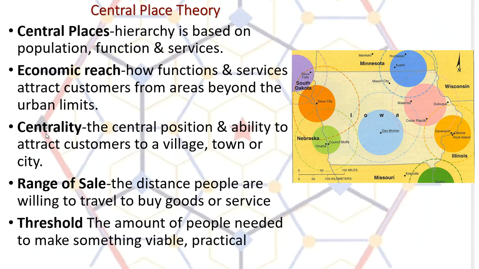And this is what Christaller was saying, basically. You're going to have these big areas that things are focused around. And you've got an area that they draw from. People that live, TV stations. The threshold for a TV station, you need a lot of population or it's going to be a bigger area. So in Omaha, we've got our four news stations, and we're going to cover all the weather in the Omaha Council Bluffs area. Well, what if you live west of here, like Atlantic, between Atlantic and Des Moines?